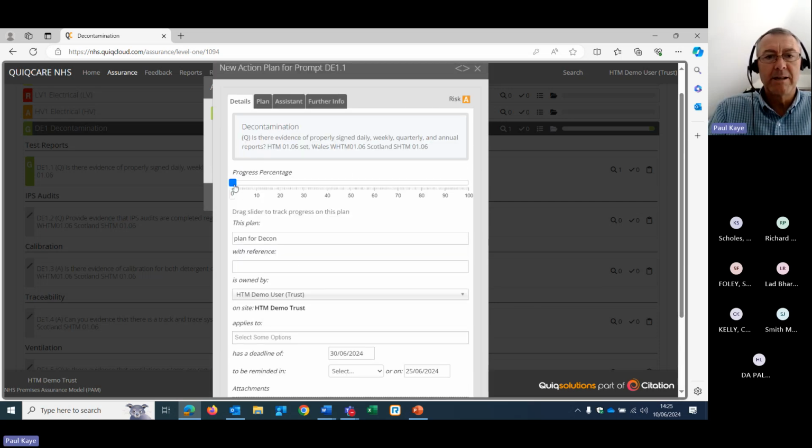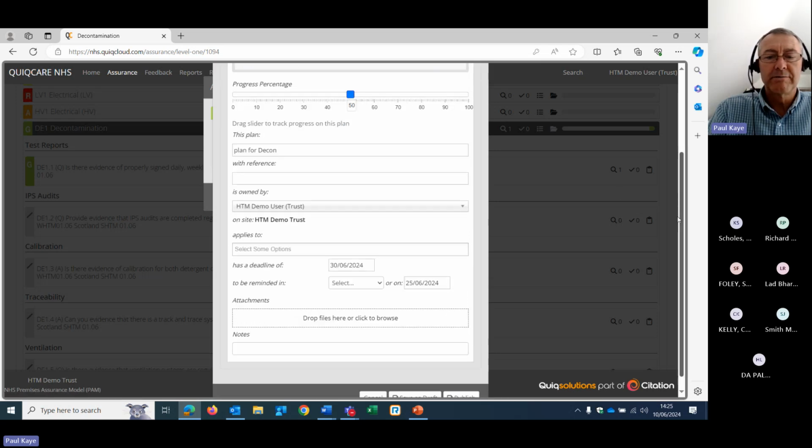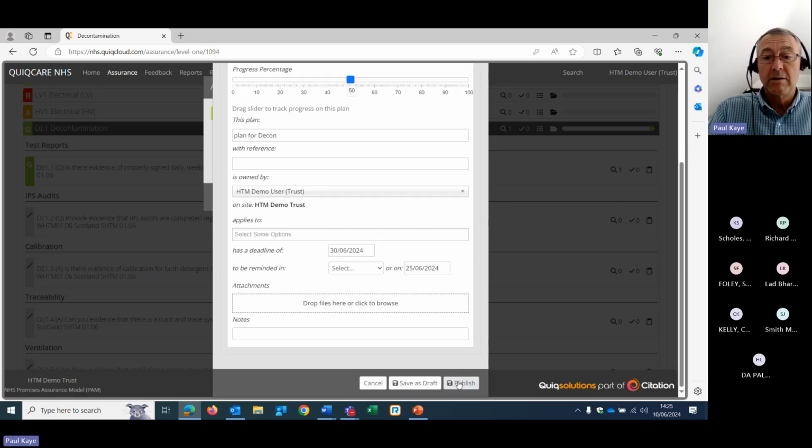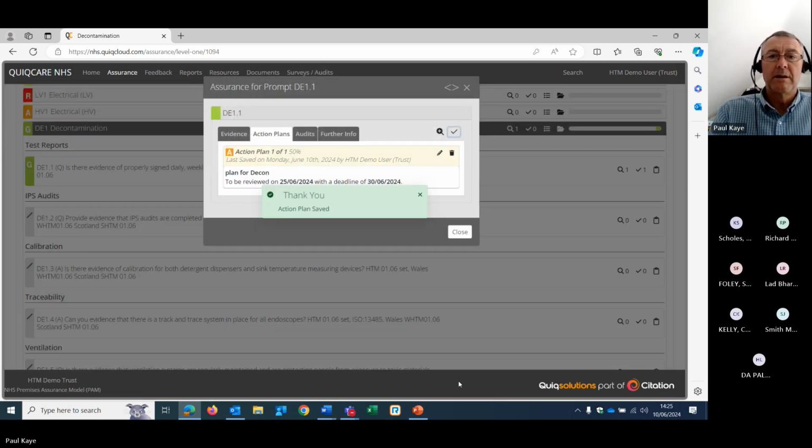As the plan develops, you can use the progress bar to show how far it's progressed. And when the plan is complete, the owner of the plan will be reminded by email.